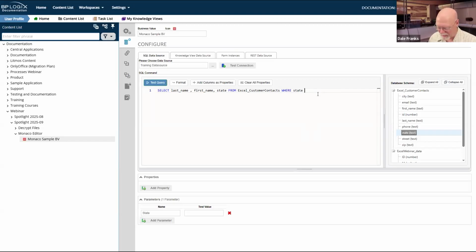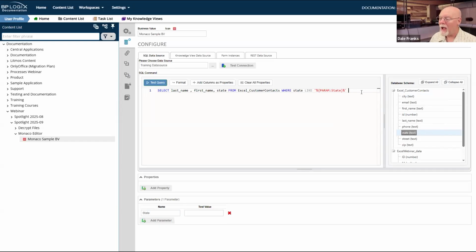So we want it where the state is like, and well, there's my like command. And it can't help me with this, but I am going to put in a parameter. Now, if you look at the very bottom, you can see I already have a parameter down here. It is named state. So I'm just going to pull this parameter. So we'll grab our %, which is our wildcard in SQL, and then we'll drop in our system variable for the parameter, and then we'll put in another